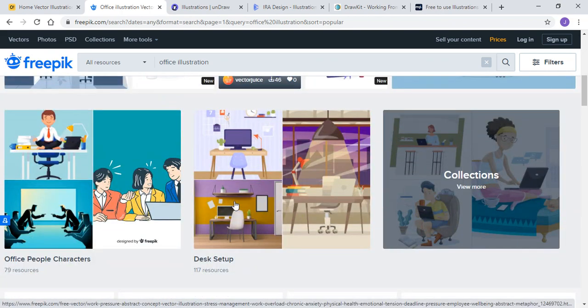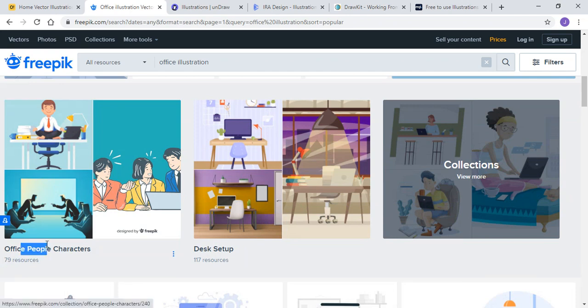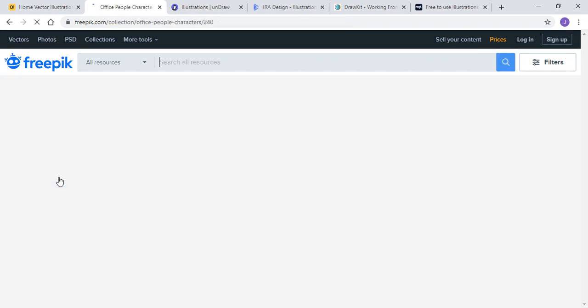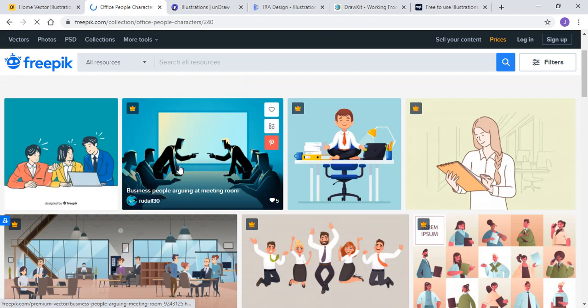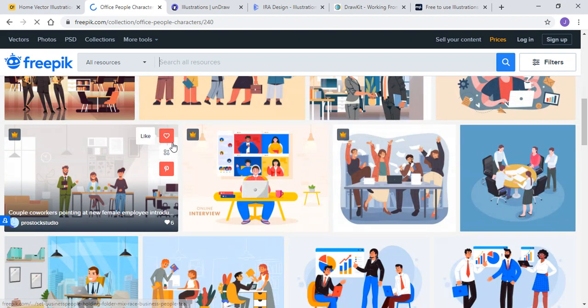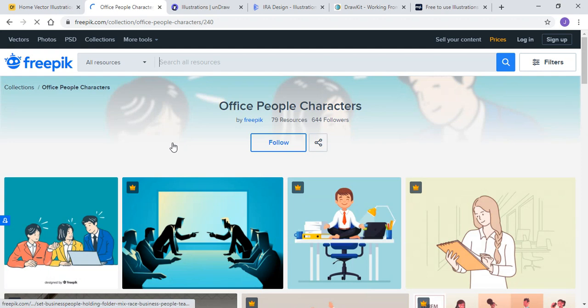So office people, characters and all that stuff. And you can also download these images, and some of them are paid and some of them are free, so you can check that as per your need.